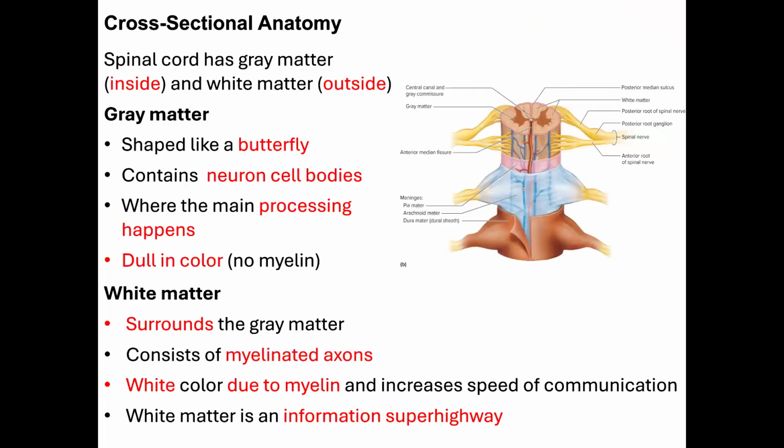So if you look at the cross section of the spinal cord, you can see this darker area. The darker area is called the gray matter, and the light area around it is called the white matter. This applies not only for the spinal cord, but for the brain also. The brain also has gray matter and white matter. The spinal cord has the same, but here the gray matter is like an H, or like a butterfly.